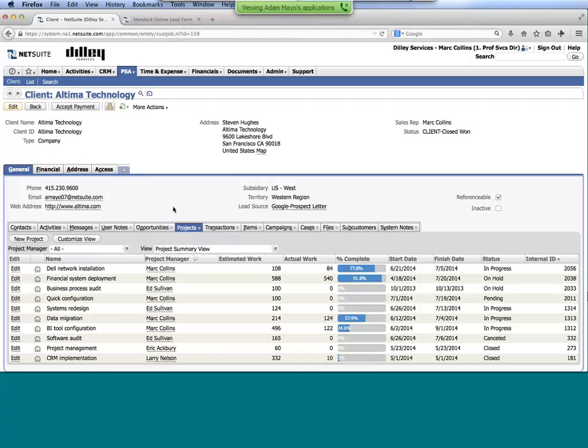One thing you'll notice is that we have hyperlinks throughout the system. So the ability to go in and pull up that project or access that project dashboard, we're able to do that right at our fingertips.